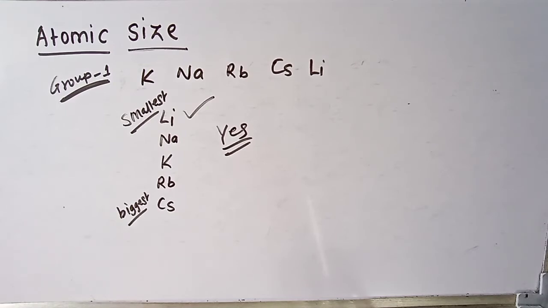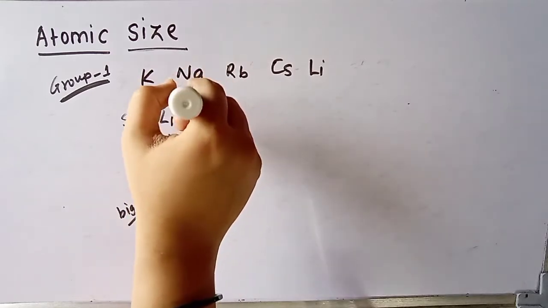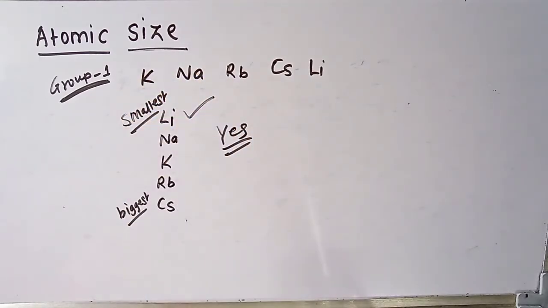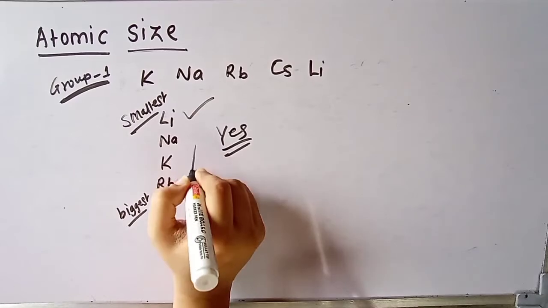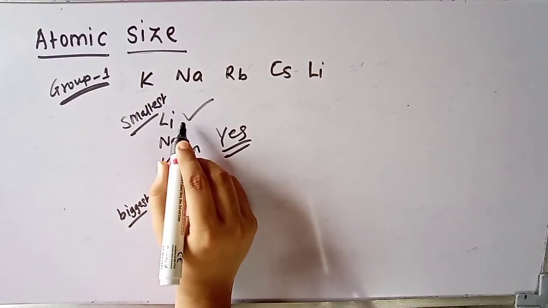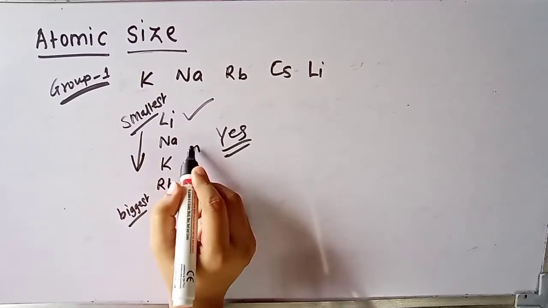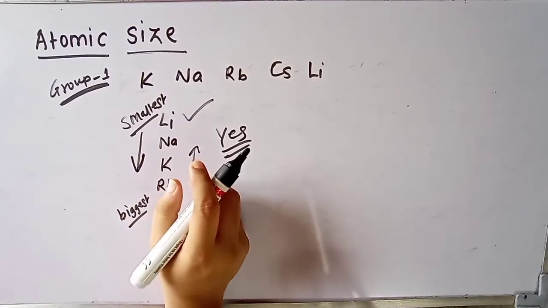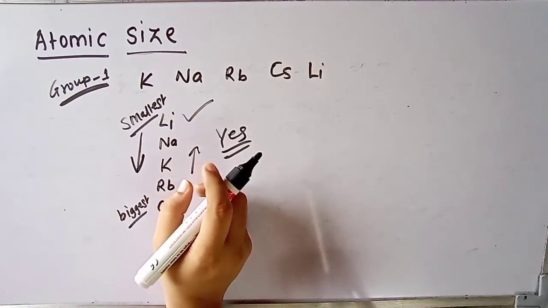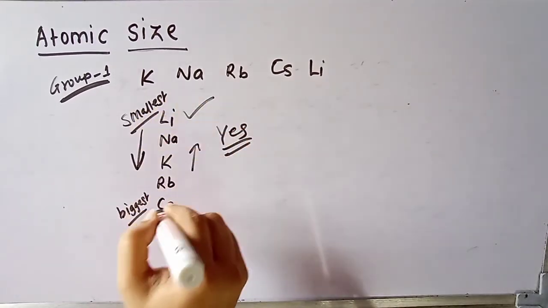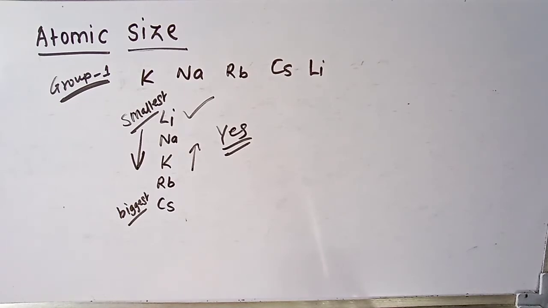Fifth question, what is the periodic trend observed in the variation of atomic radii down a group? So what you can observe in this, atomic size or atomic radius increases while going down a group, top to bottom. Atomic size or radius goes on increasing, means it increases. So you can write the atomic radius increases while going down a group. So all this part is clear to you, students.